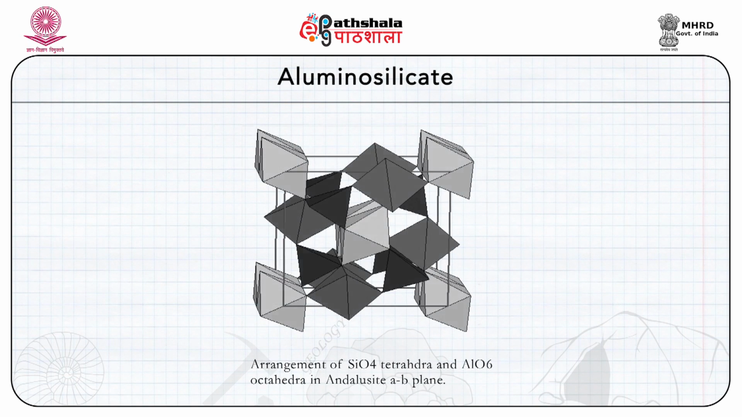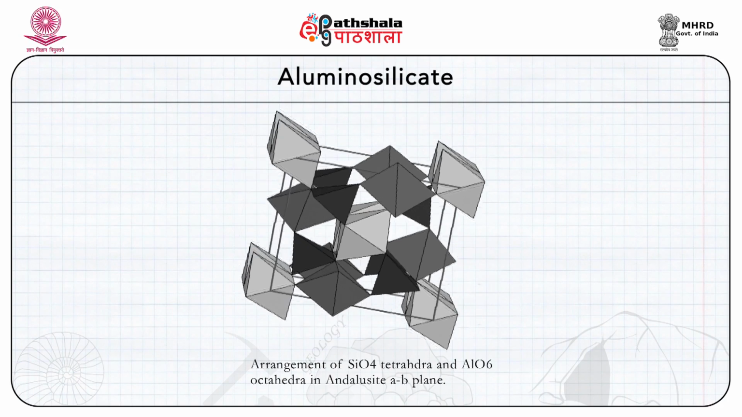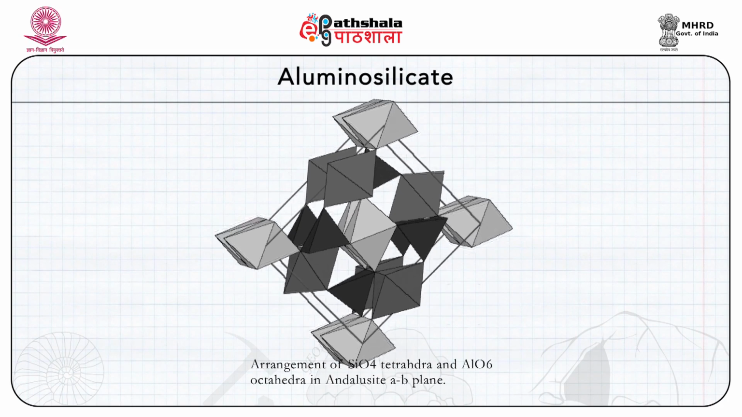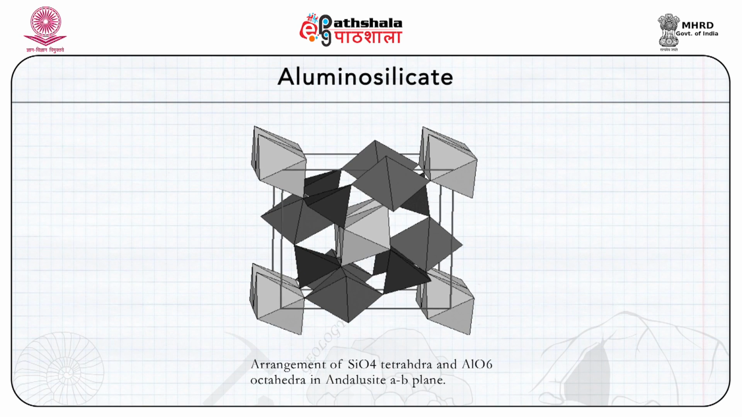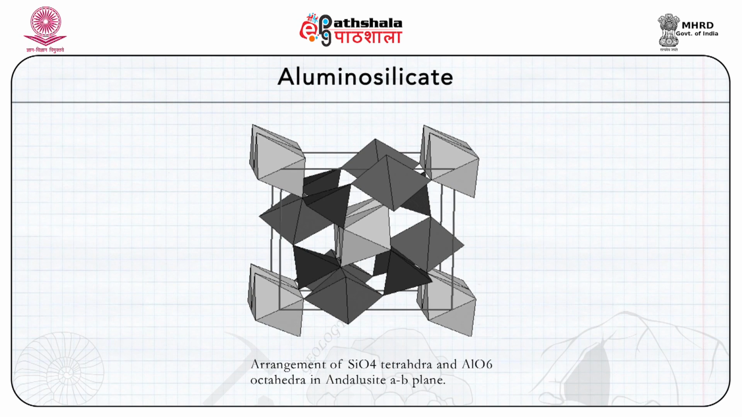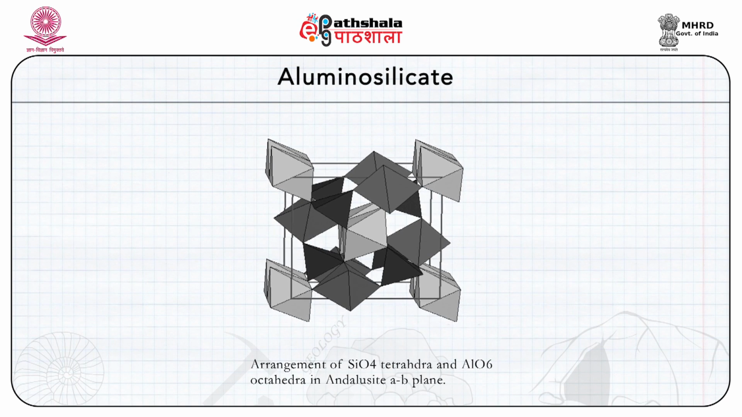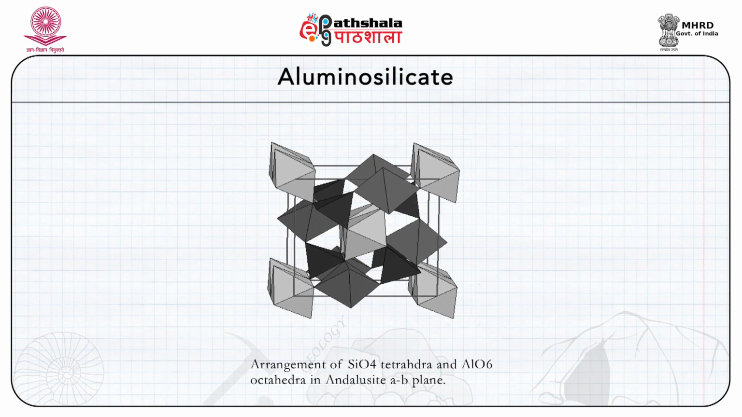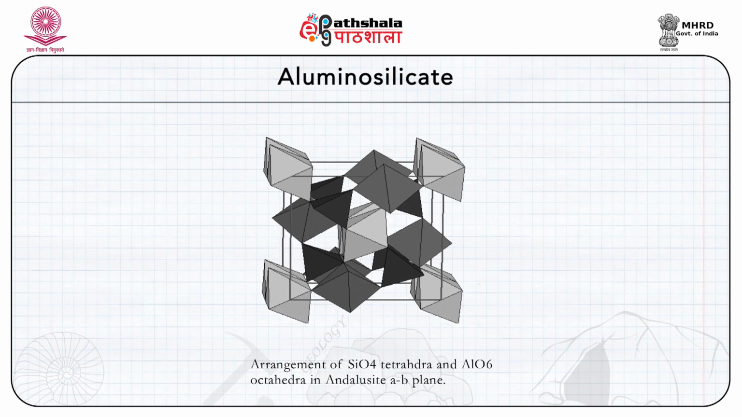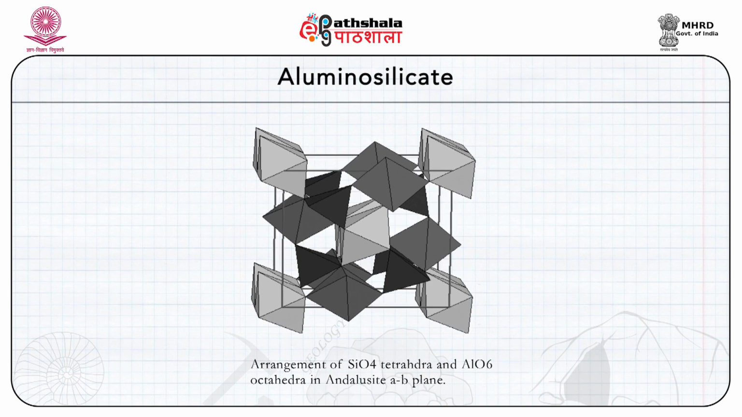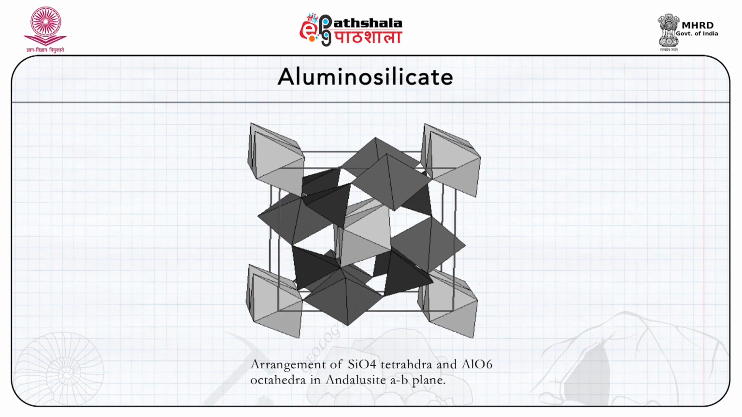It has chains of edge sharing AlO6 octahedral groups parallel to the c axis. Lateral linkages between the octahedra are provided by silicon between 4 tetrahedrally arranged oxygen atoms, alternating with aluminum being between 5 oxygen atoms. The mineral is relatively pure Al2SiO5 and shows substitution of Mn3+ and iron 3+ for